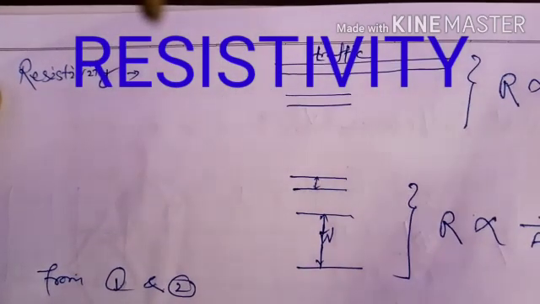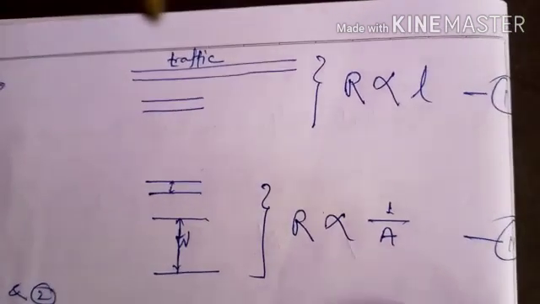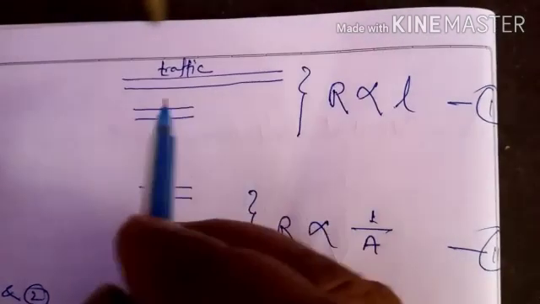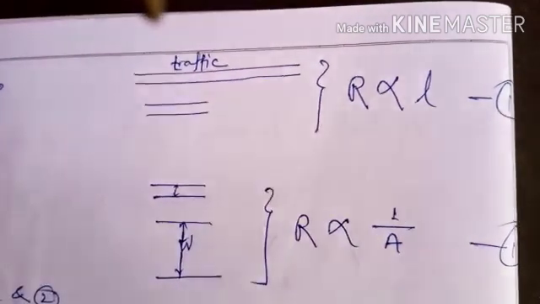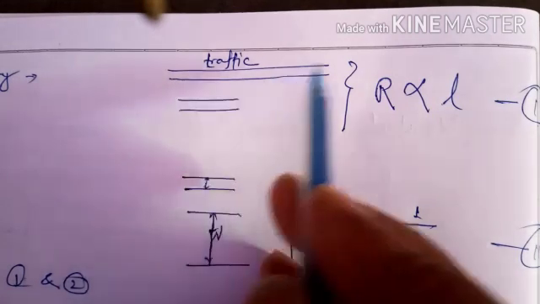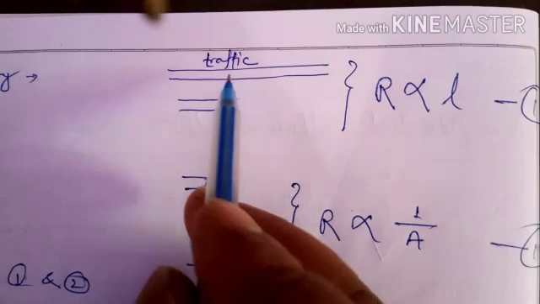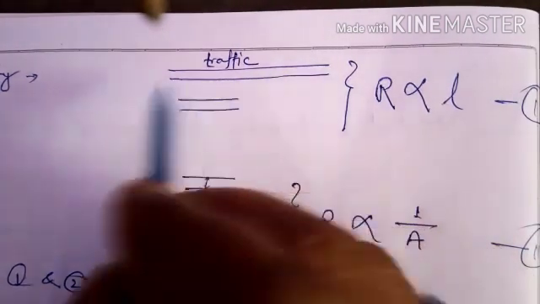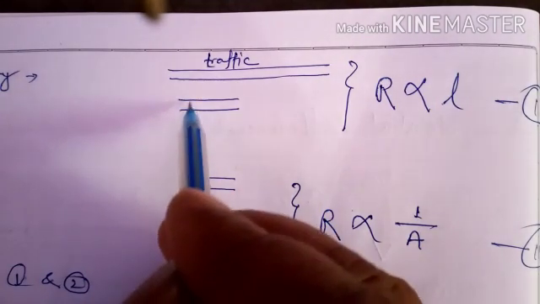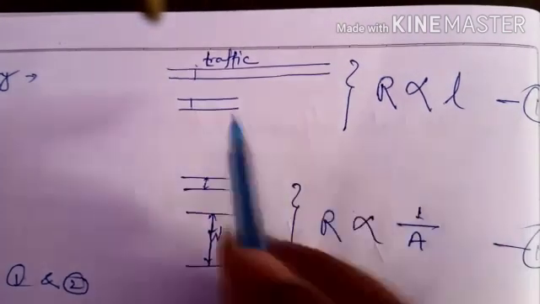Now we'll discuss resistivity. To understand resistivity, students, just assume that there are two roads, national highways you can say. One is moving from Kashmir to Kanyakumari and another is from Bombay to Pune. So here the length is different but their width, suppose it is the same. Width is the same and length is different. So in this case